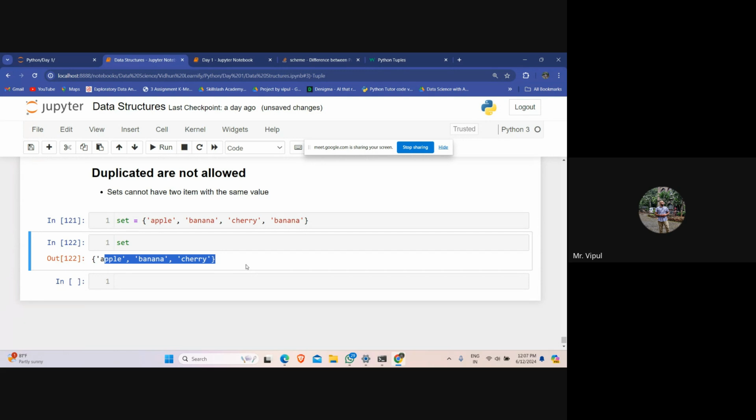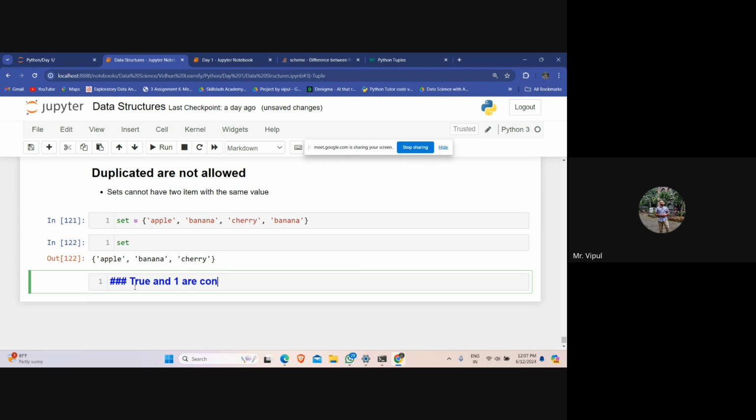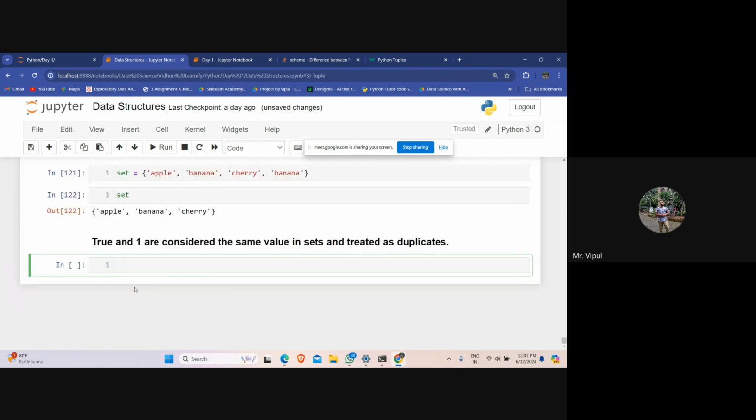Now one more thing: set is equal to... let us go with this now. True and one are considered the same value in sets and treated as duplicates.